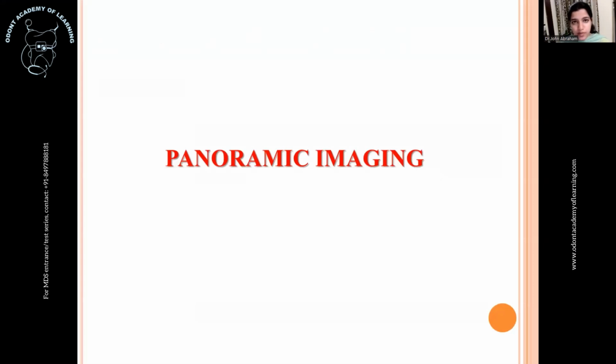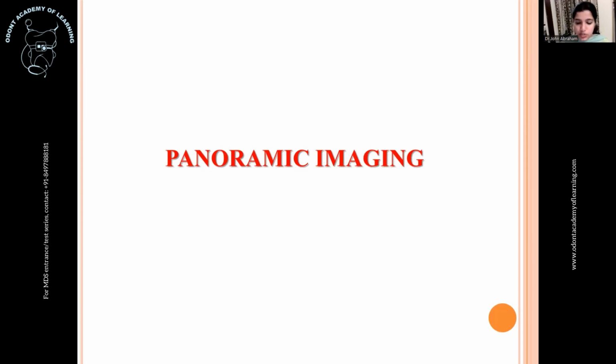Talking about panoramic imaging today. In dental radiology, the most commonly used two-dimensional imaging are your IOPAR, that is your intraoral periapical radiograph, and panoramic imaging. So today we'll be seeing in detail about panoramic imaging. How is it taken? What is the principle? What are the indications? What is the technique? Advantages, disadvantages, what are the landmarks that can be seen, and the common errors we come across when we take